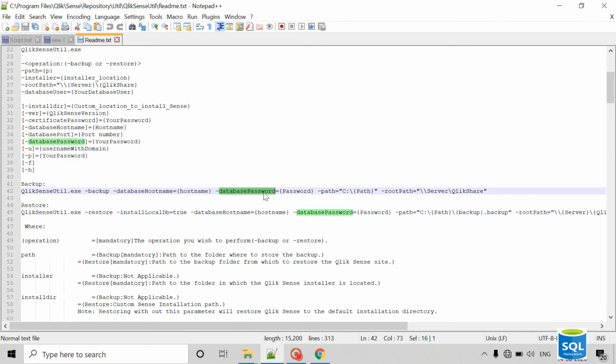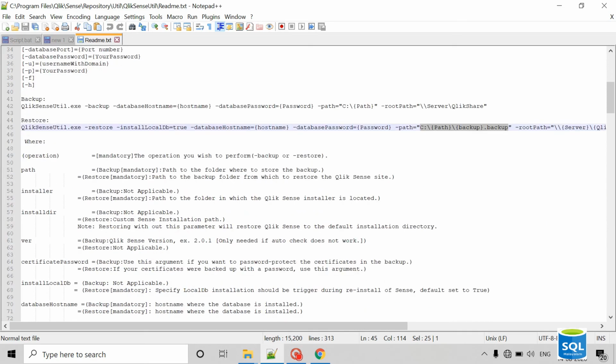The database password is the super user password that we configured during the installation. Then the root path, which is where we need to store the backup. In the restore, we need to use that backup path. From the backup, it will restore our settings and applications to our site.